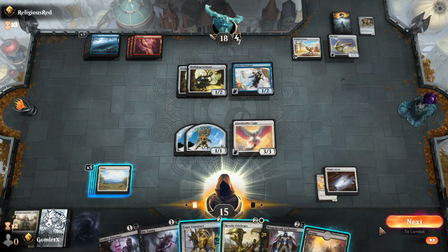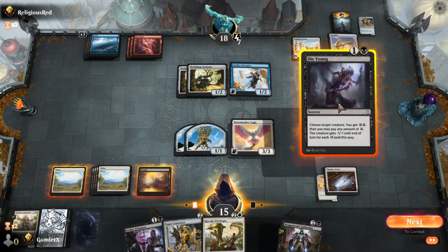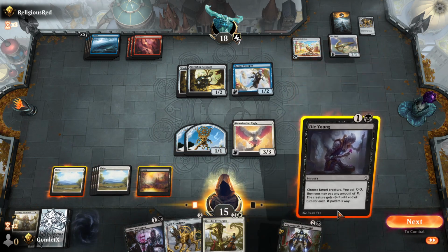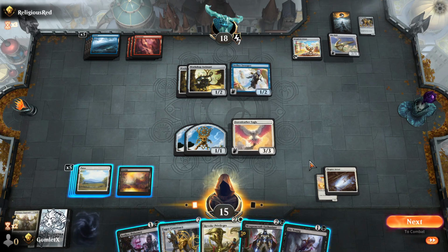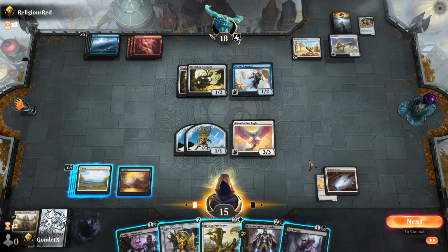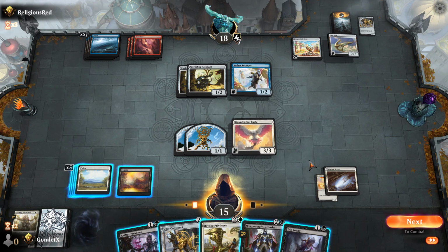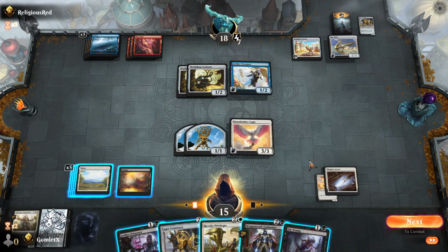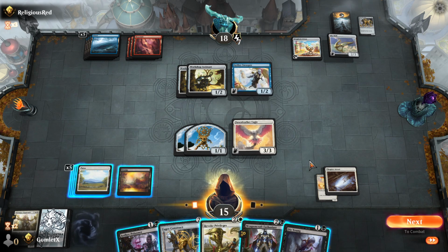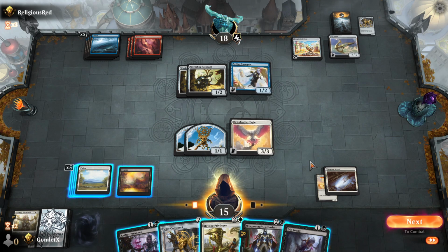And they just drew a land. Ooh, and I drew a land. What now, big boy? Alright, Die Young on Aether Swooper? Maybe? Big boy does not know what to do. I have too many plays. I think I just Die Young on Aether Swooper, right? But I can wait to do that till